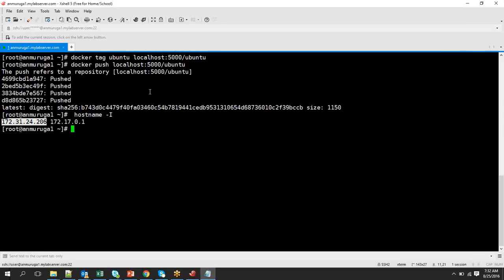So being a DevOps engineer, you will be creating the registry server and you will be specifying that to others. So whenever others have to use it, all they need to know is on which machine you are running the registry and what is the port that you have used for it. Okay,